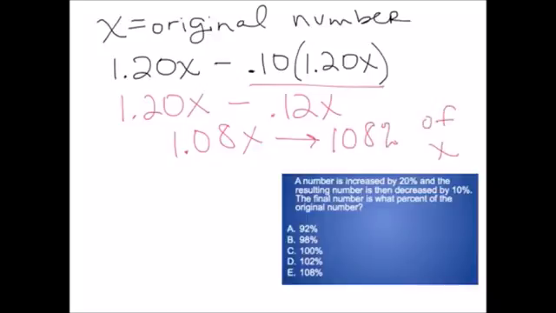Now, there are definitely more than one ways to do this problem. You could let your original number be 100, let's say, for sake of ease, and then increase it by 20%, it becomes 120, and then take away 10% of that. If you do something like that, you definitely will get an answer, 108, and just realize that 108 over 100